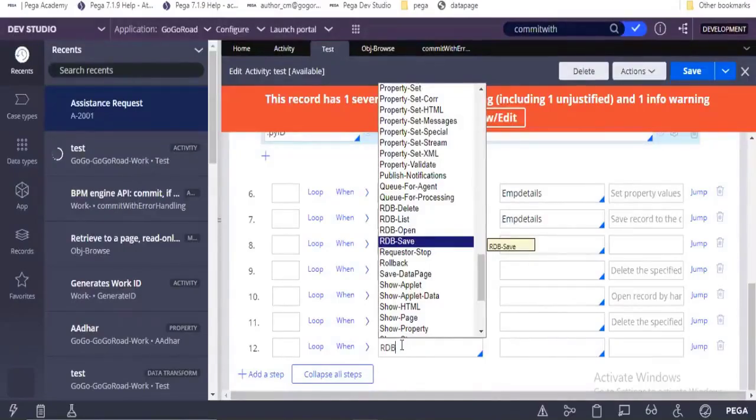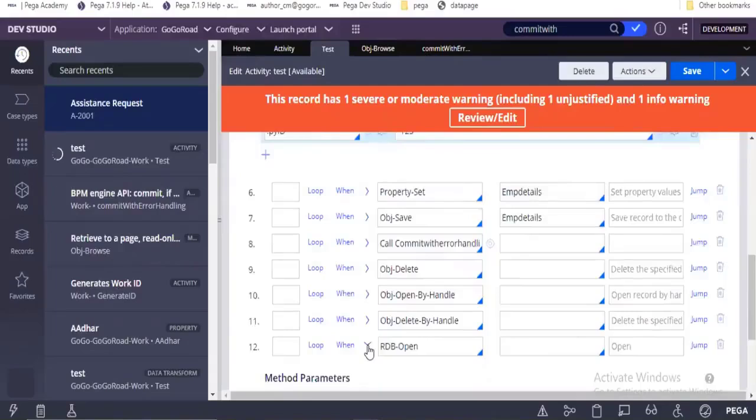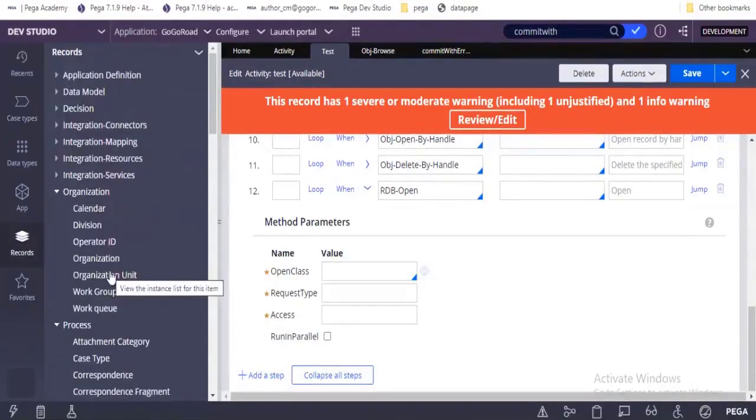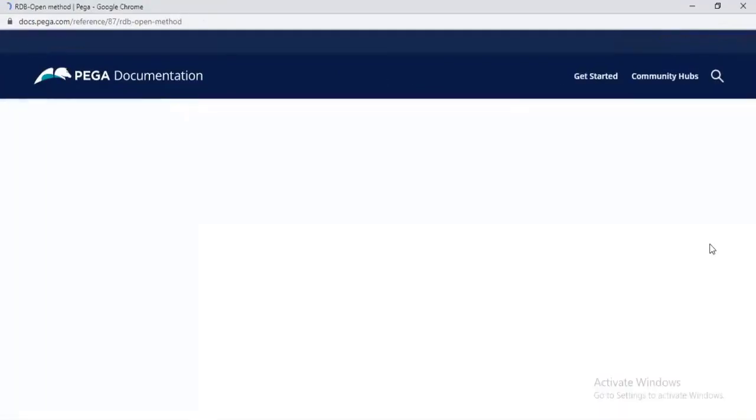For these RDB methods, you have to write the SQL code. If you expand this, it will expect one SQL parameter. You have to create one SQL rule and give it here, and write your own custom coding using SQL methods.